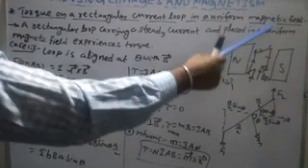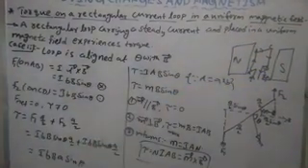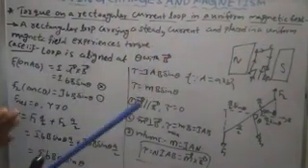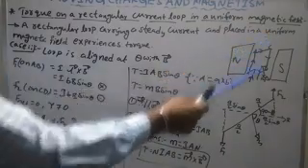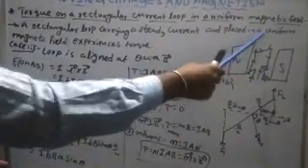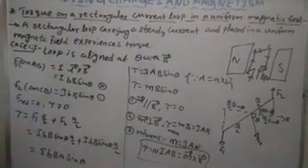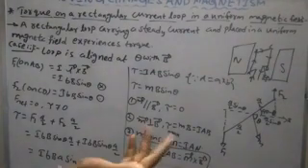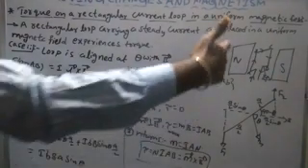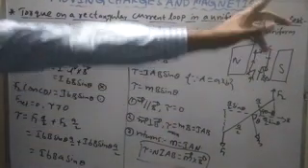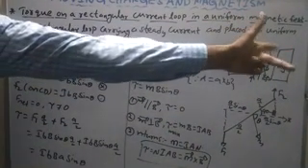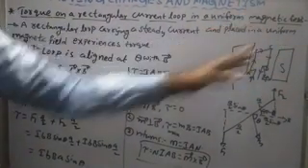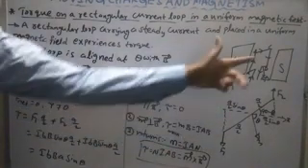In this case, the force on BC is vertically upward and the force on AD is vertically downward. Equal magnitude and opposite direction, and the line of action of the force is also the same. So along the y-axis the net force is 0. The lengths are the same and the same current is flowing. If you apply Fleming's left hand rule, this is the current direction and this is the magnetic field. On the BC part the force is in the upward direction. Similarly on AD, the magnetic field is the same direction.